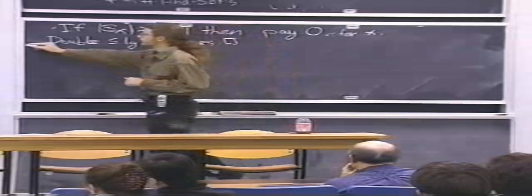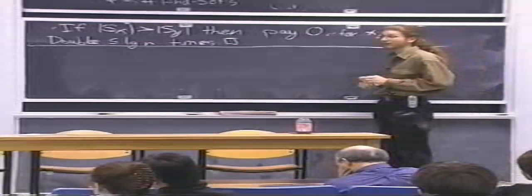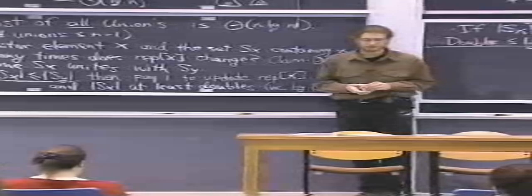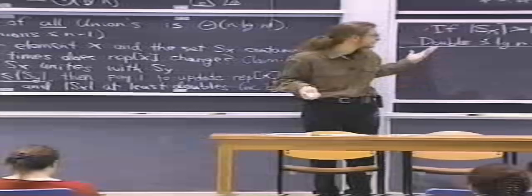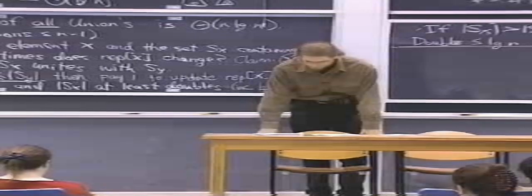That means that there's a log n cost for each element x, for any element x, and there are n elements, so the total cost is at most n log n, no matter how many unions you do. And that's what we wanted to prove here. Is that proof clear? This is kind of surprising, I think, that just this simple trick gets you a log n solution. But